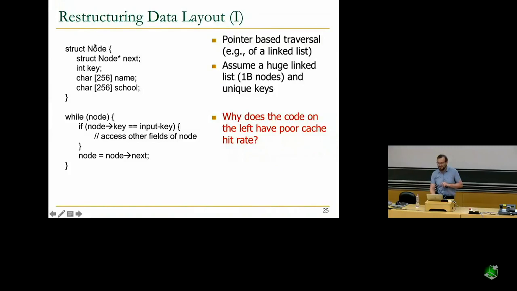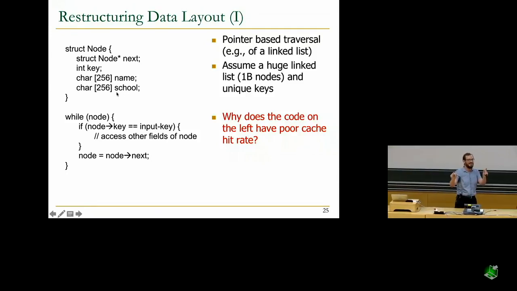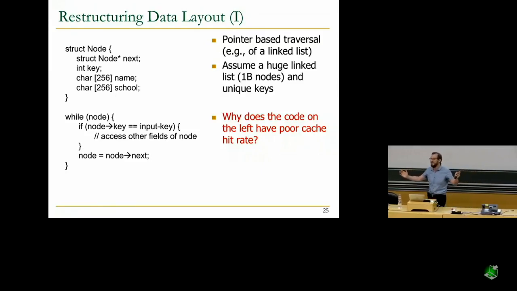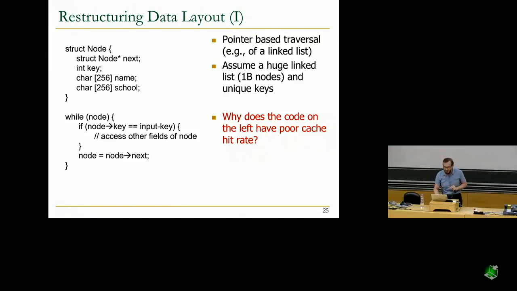Because these are laid out consecutively in memory. You have this node, and the node has, let's say, an 8-byte pointer, a 4-byte key, and if you see over here, a 32-byte name and a 32-byte school. So you have 8 bytes, 4 bytes, 32 bytes, 32 bytes. And they're all laid out in memory consecutively. If you do that, what happens is that's bigger than a cache block, right? Which means that when you do this traversal, you bring the nodes into the cache, you bring the first 64 bytes of whatever is here,